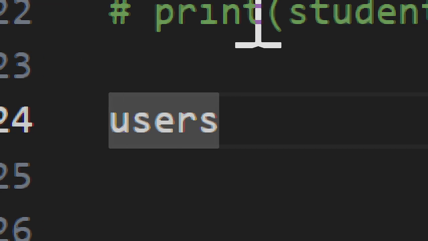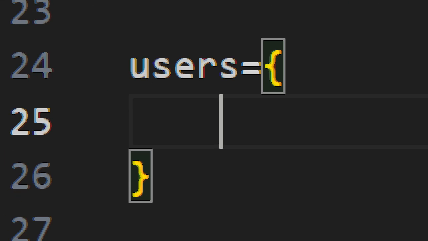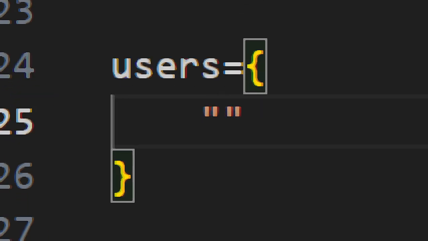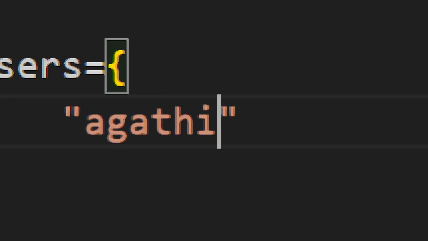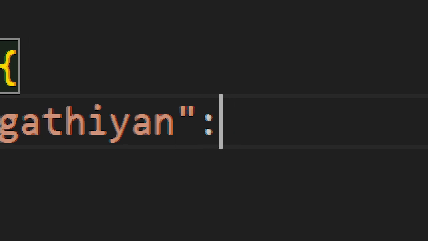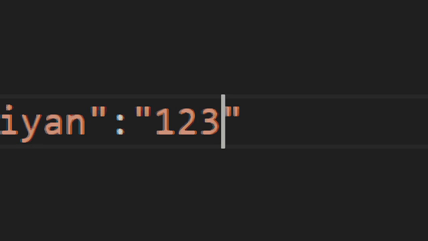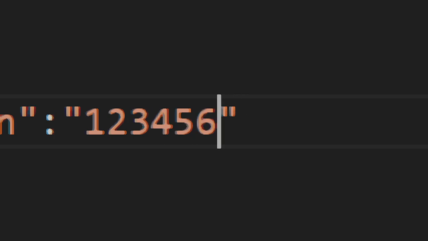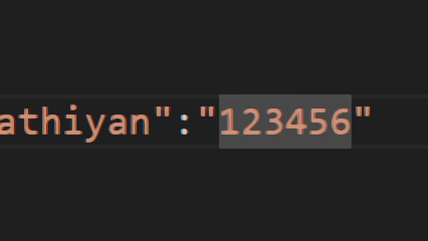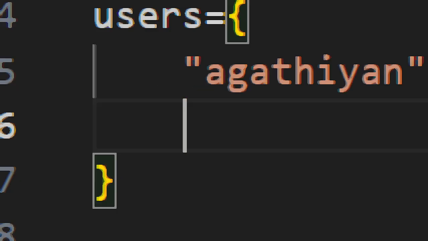Users variable equals a dictionary. I create one key with four-space indent: "Agathian": "password is 123456".